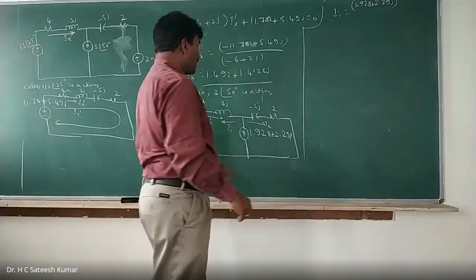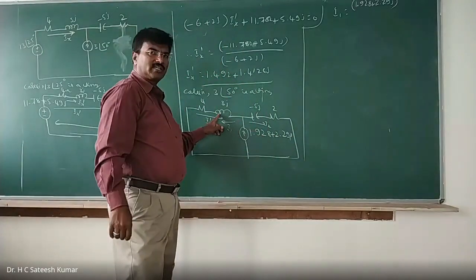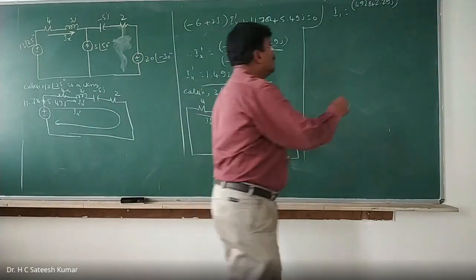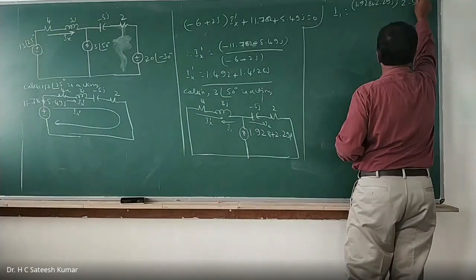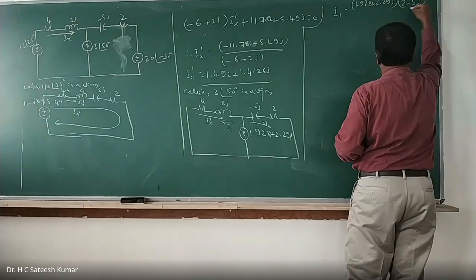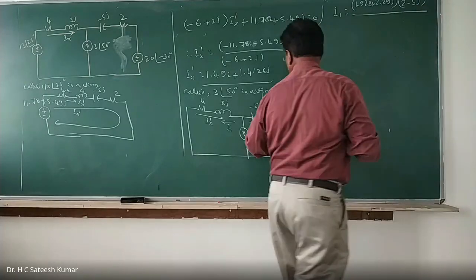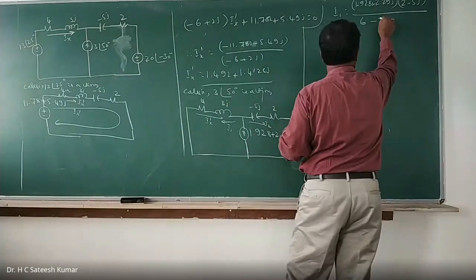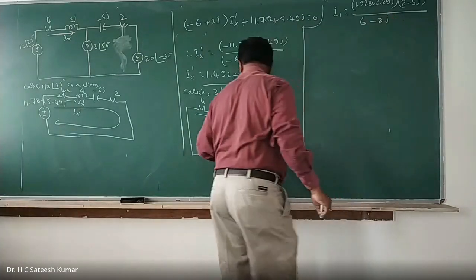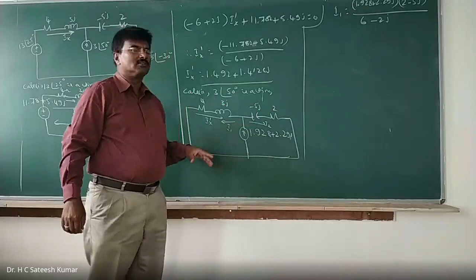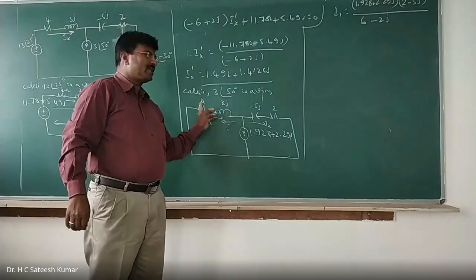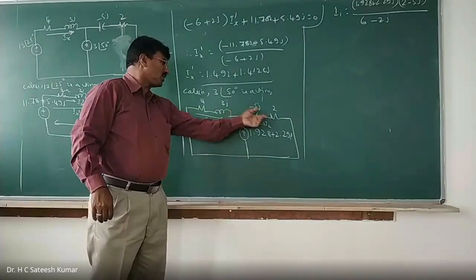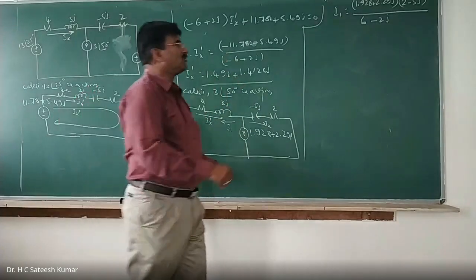Total current into, I want to find out this current, total current into the resistance in the other branch, 2 minus 5j, divided by total resistance. Total resistance is 2 plus 4, 6, and minus 2j. So instead of going for loop and all, it becomes complex. Branch current method: this current will be dividing into these two. Total current into resistance in the other branch divided by total resistance. It will be the value of I1.